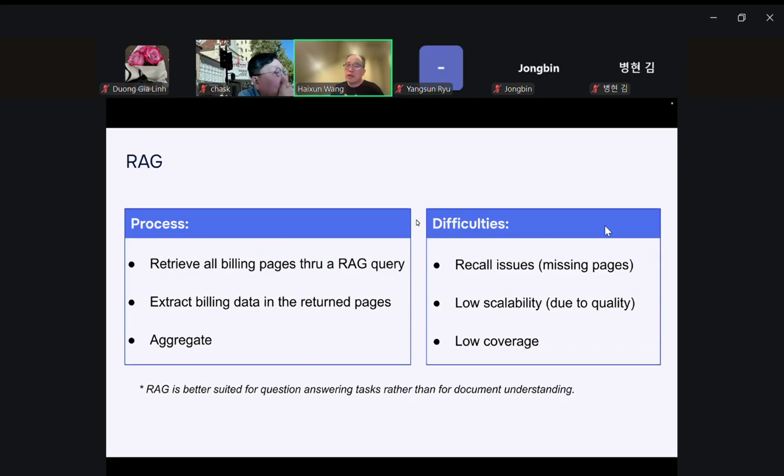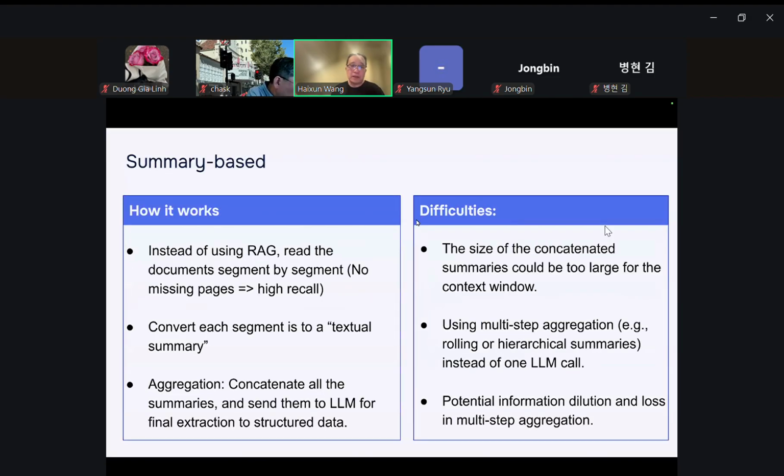So with all these problems, this RAG-based question answering approach for information extraction is not really a very good approach. And the RAG is much better suited for question answering tasks rather than document understanding.